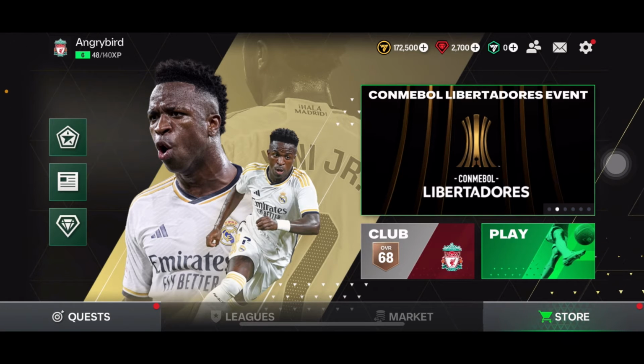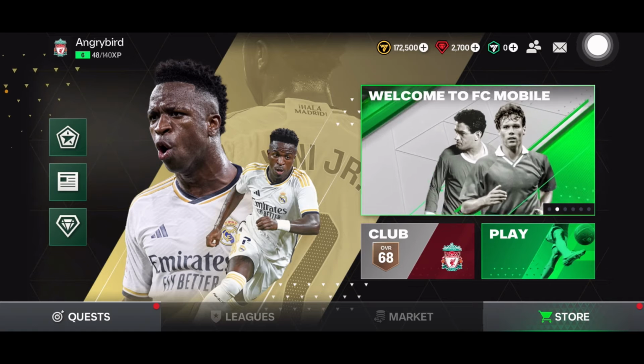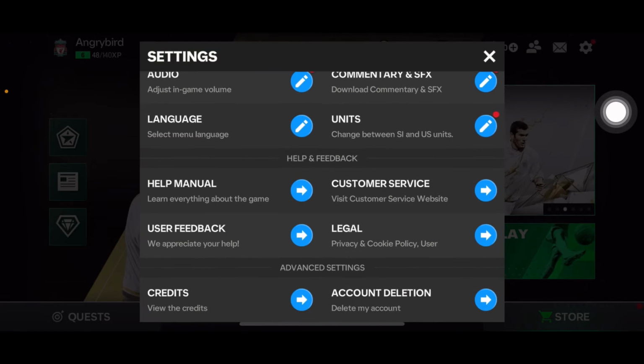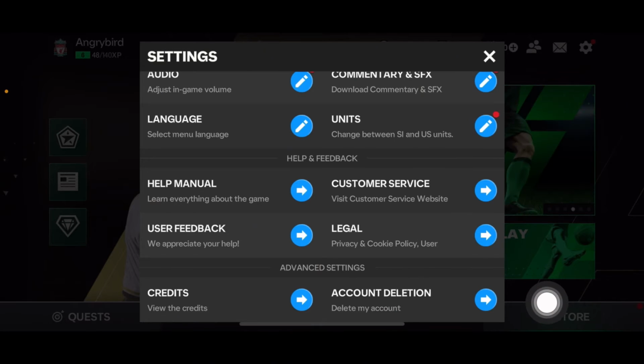Once you open your FIFA football game, you need to press on Settings. Press on Settings and scroll down, and you have to go to Account Deletion. Press on it